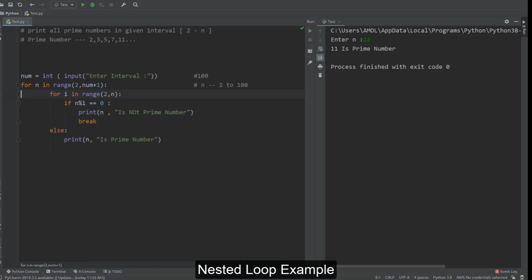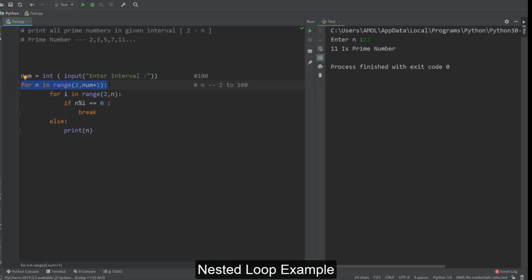This is the loop code we have written to check whether a number is prime or not, and all that code we have taken inside another loop now. It starts from 2 and runs up to the number. In this case we just want to print prime numbers, so there is no need for the message "is not a prime number". Here we are only breaking the loop, and here we'll only print this number instead of printing a message. So this is a nested loop.